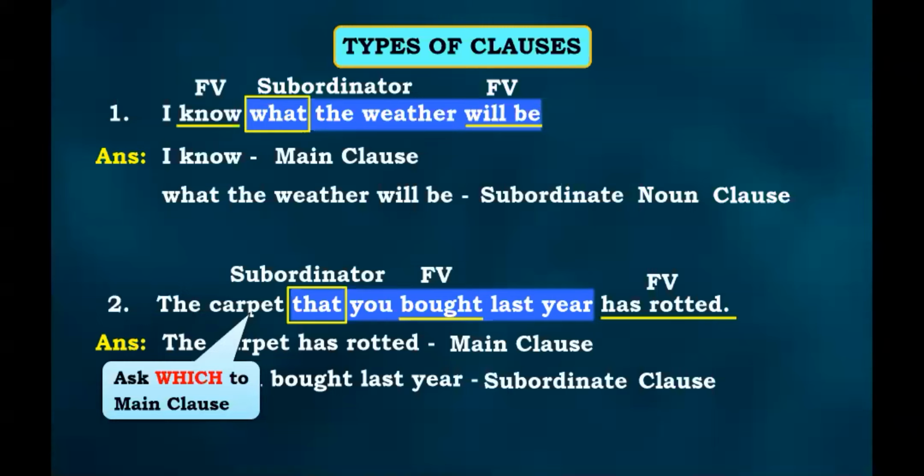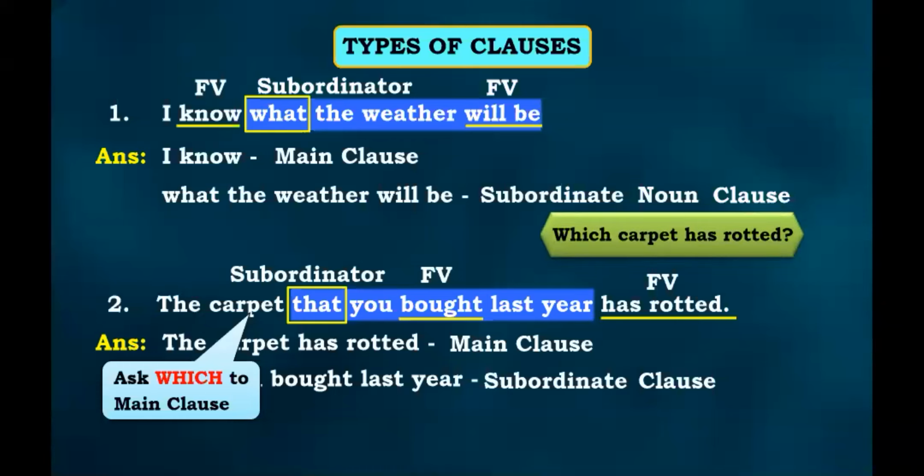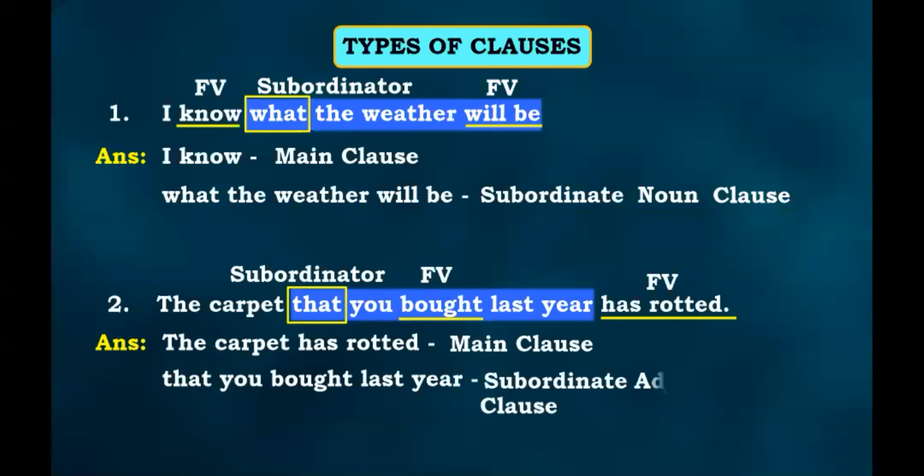The point is the subordinate adjective clause is giving you some more information about the noun in your main clause. Do you get this, guys? Isn't it giving you some more information about the word carpet? Yes. So what is the function of an adjective? It gives us more information about the noun or the pronoun. Correct? So carpet को describe किया है, carpet के बारे में ज्यादा information दी है, and therefore it is a subordinate adjective clause. Very clear with this? All right. Moving on.